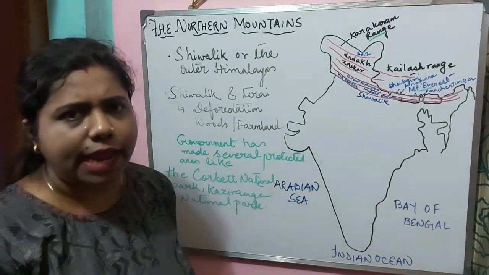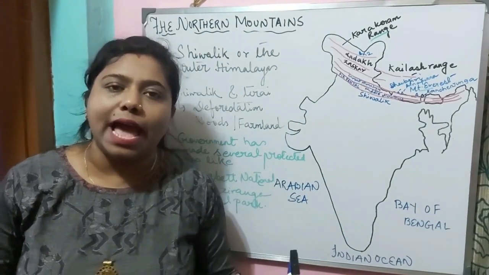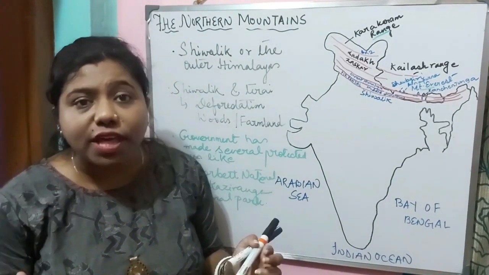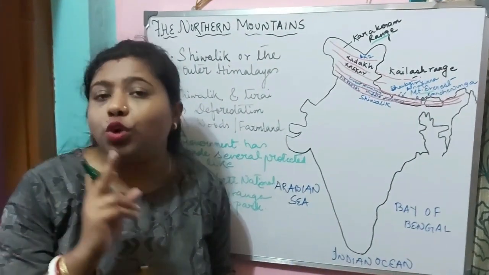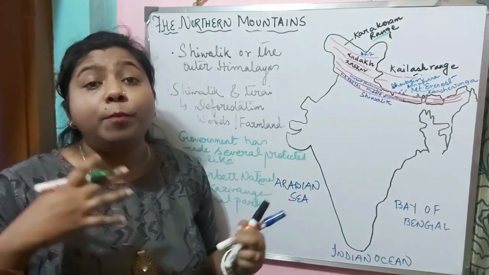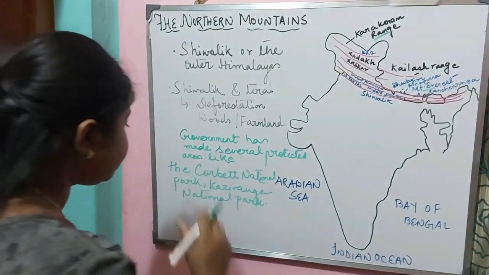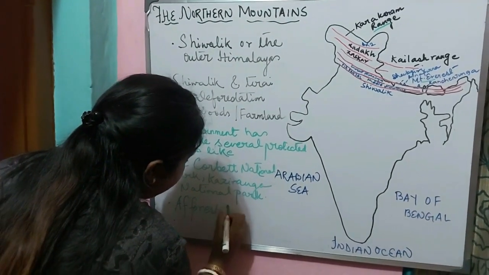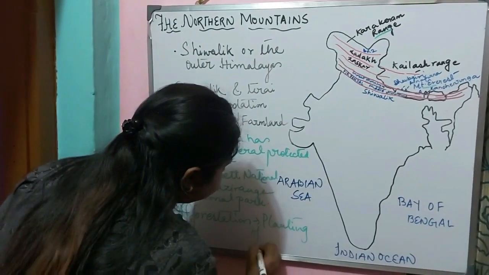Did you ever go to any national park? It is very beautiful. It's a large forested area, where you will see the wild animals living in their natural space. You can go there, you can watch them living the way they live there. Freely they are moving here and there. So you should visit a national park once. You can see beautiful flowers, beautiful birds, different kinds of migratory birds, different animals living in the natural habitat. Also, the government has started afforestation, that is planting of trees.